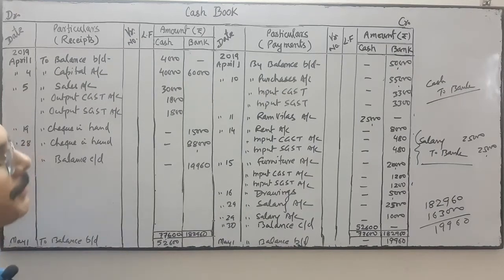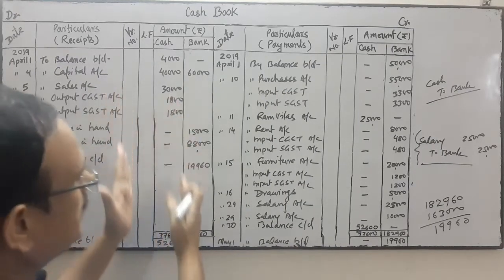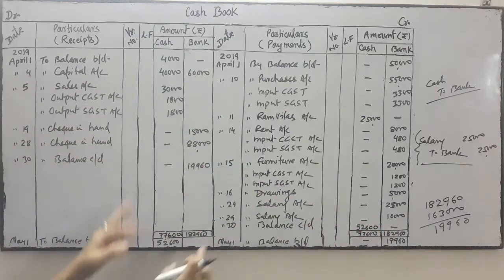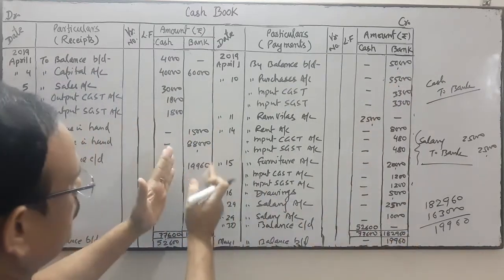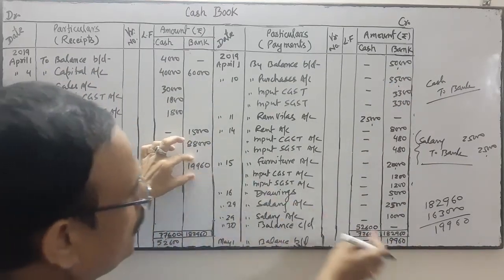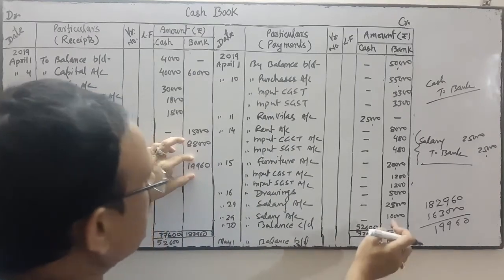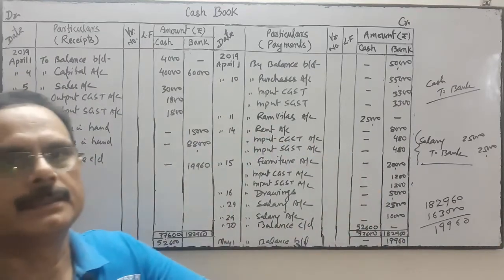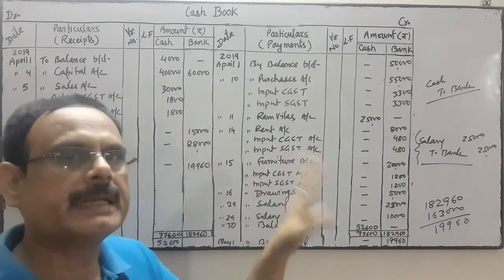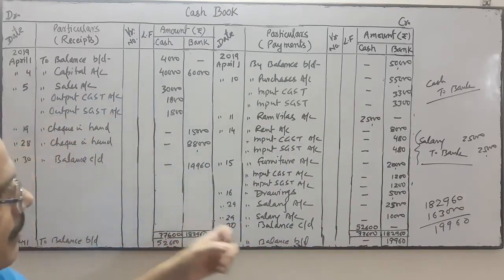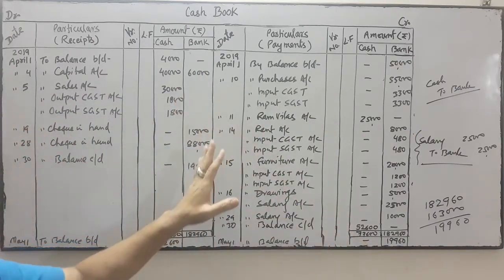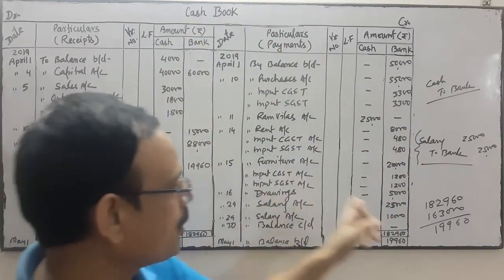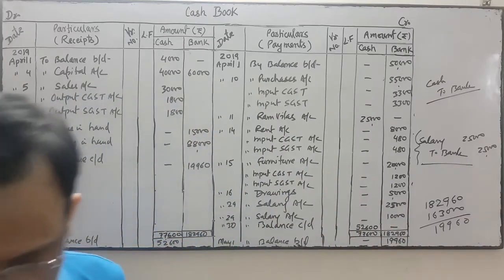In cash, the debit side is more and credit is less, so this is the balance, and it will be brought down on this side. In bank, credit is more and debit is less, so the balance is on this side, and it will be brought down on this side. It means bank has a credit balance, the credit side exceeding the debit side, and cash has a debit balance, the debit exceeding the credit side by this amount. So that's why the balance is brought down on the first day of the next month in this way.